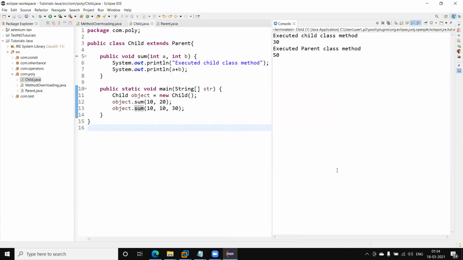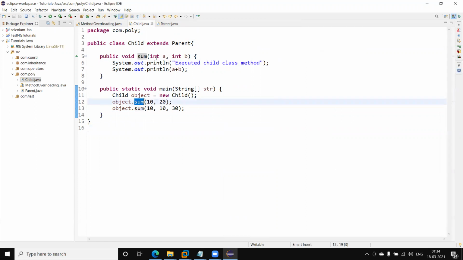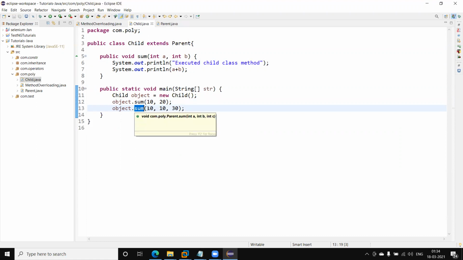Now I am getting 30, 50. The earlier sum was executed from the child method because the parent method is overridden by the child method, but this sum has the same name with a different signature, so in that case the method is not overridden. So if we are going to use the concept of overriding, we need to use the same method name as defined in the parent class, as well as the same number and type of arguments.